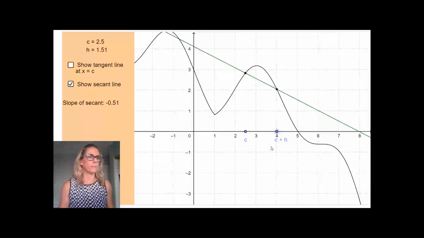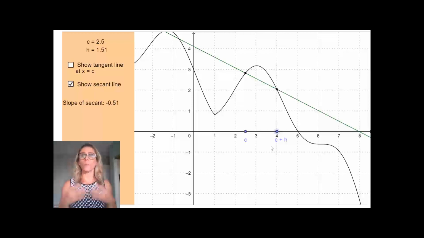So what's happening is, in the limit definition of a derivative, we have f of x plus h minus f of x over h. But really, it's over x plus h minus x, because we have one point that is x, f of x, and we have one point that is x plus h, f of x plus h. But when you take x plus h minus x, which is the difference between the x values in the denominator, you end up with just h, and that's why there's just h there.